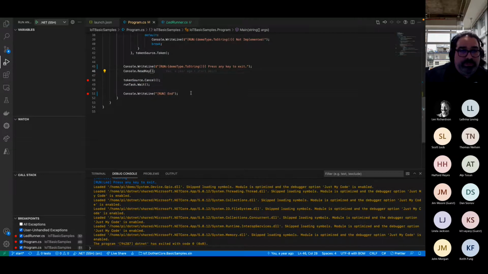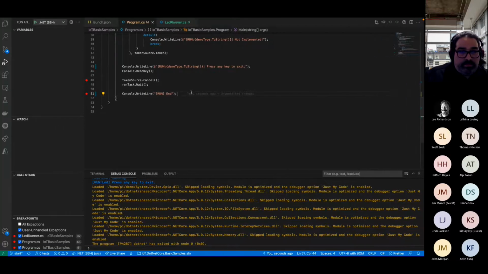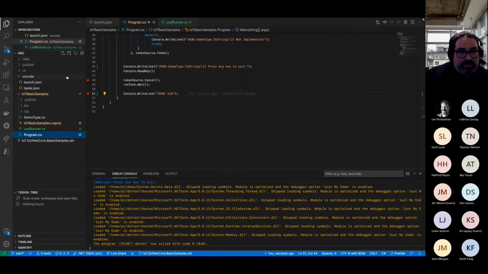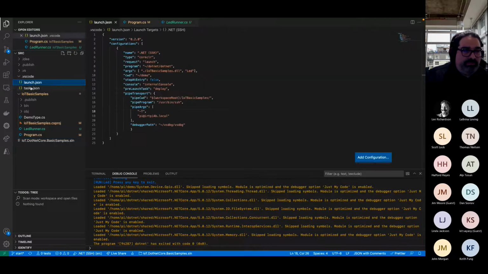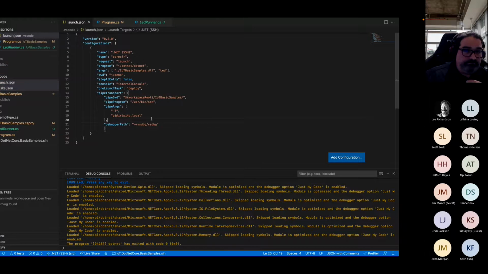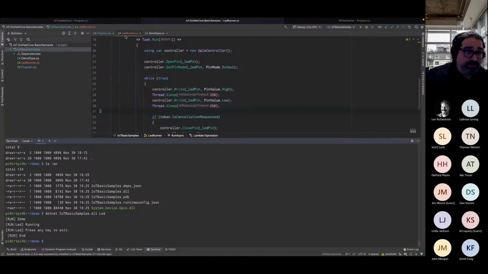Turn that back to key there. I think I haven't committed these two files into the repository, but I will before the end of the night, so that if you guys want to take it for a spin, you would have the option to do debugging and remote troubleshooting of problems using Visual Studio Code. I could have also done this on Rider, but I am not as good at configuring tasks on Rider as I am on Visual Studio Code.